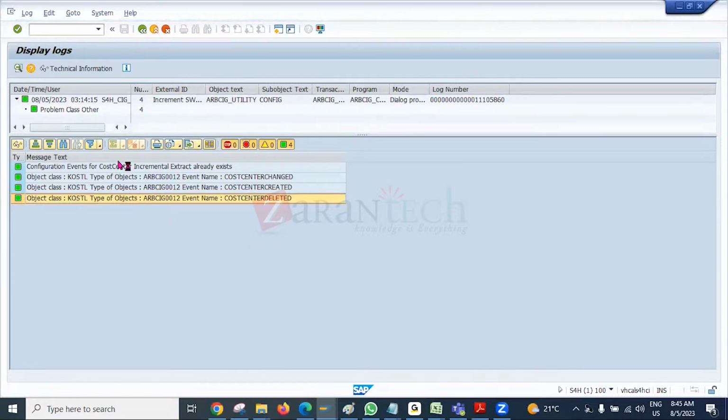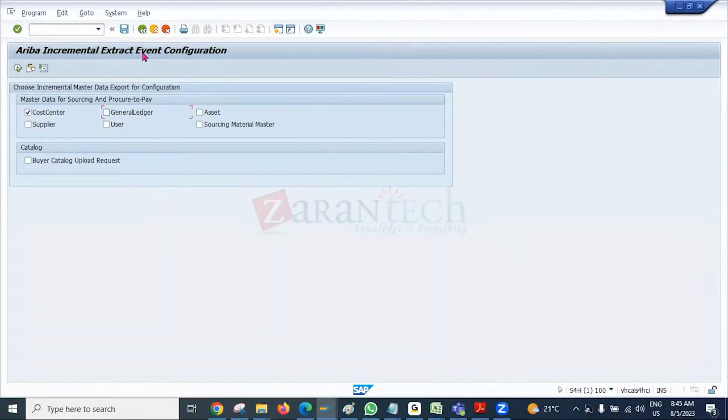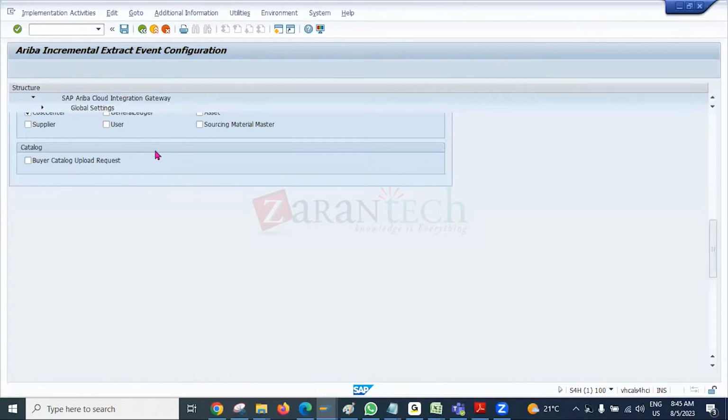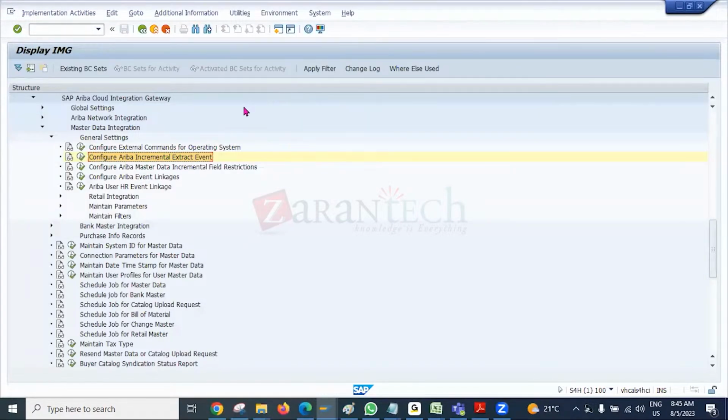Okay, so this kind of thing we have to perform here. Now, once you complete this activity, tell me one thing. This is actually one interview question as well. Please try to participate. Now, let's say we have enabled the incremental extract event, for example for the GL account. Now, the thing is that, our requirement is that